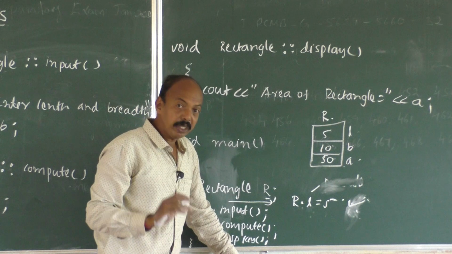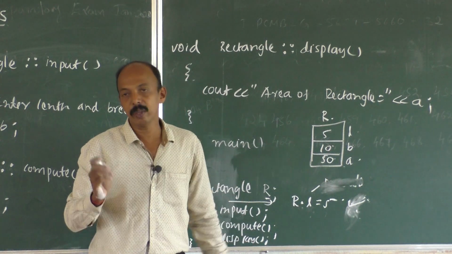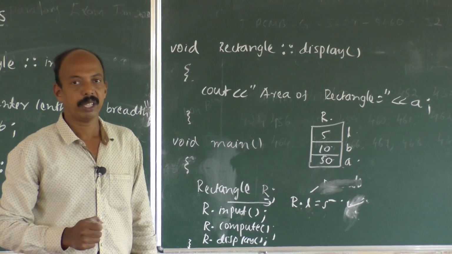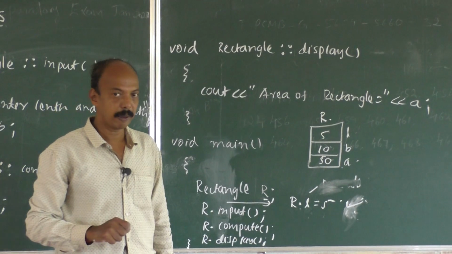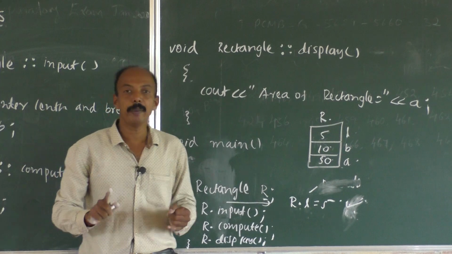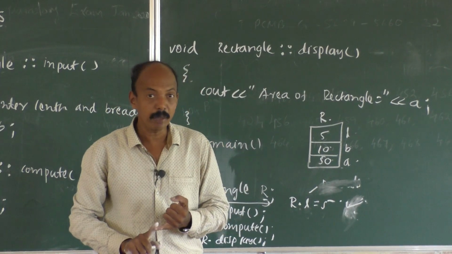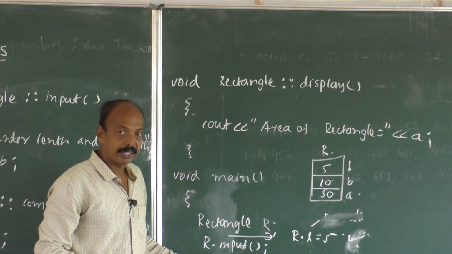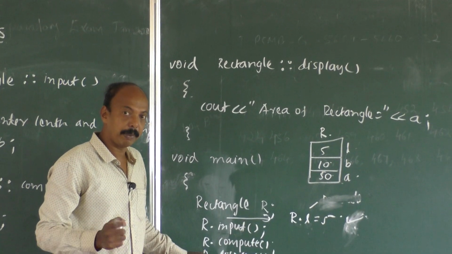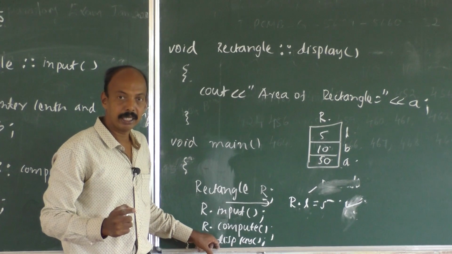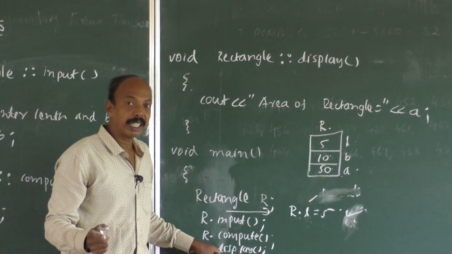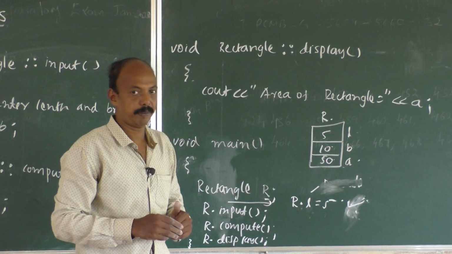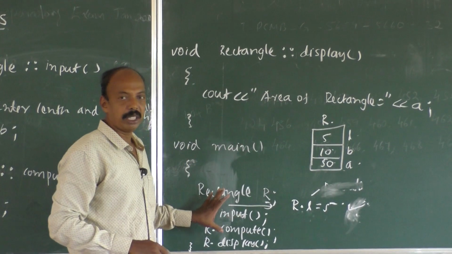Then what about the functions? Suppose we write one function under private, the other function under public. Whether it is possible to access? The functions which we have written under private cannot be directly accessed outside the class. But if there are two functions, one under public, one under private, the public function can access the private function. It becomes a nested function. Hope that's understood now.